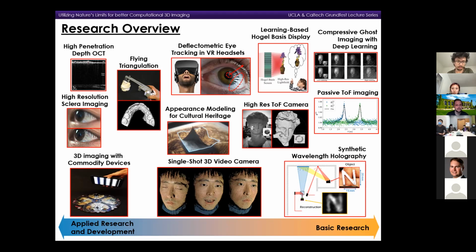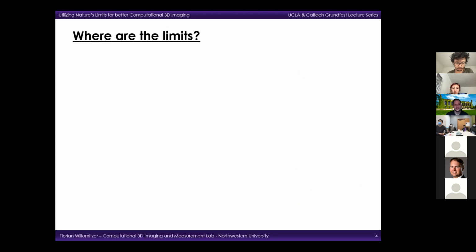my projects. And this is thinking in fundamental limits, or the question, where are the limits? And this is something that was introduced to me by my PhD advisor, Gerd Häusler, very early on, and that I have basically continued now throughout my entire career. And special interest here is given to the physical limits and the information limits. And you might ask now, why is this actually important?